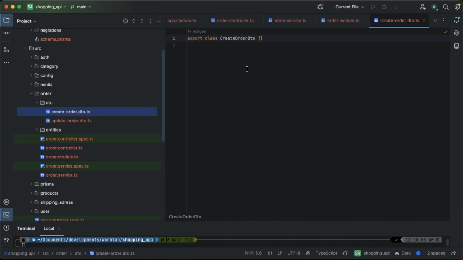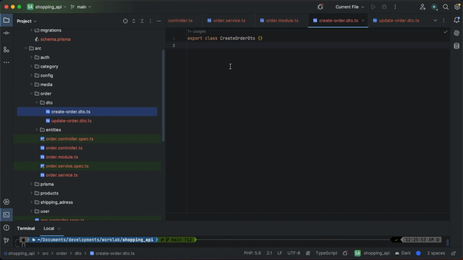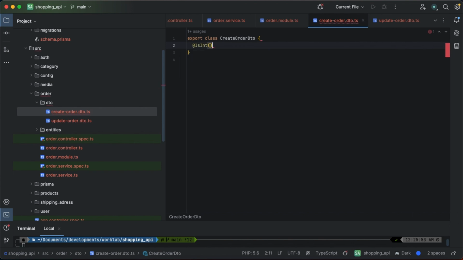In order, let's see, before interacting with the database, let's just deal with the DTOs. So we're going to have two DTOs mainly. I'm going to handle the DTOs, and then we're going to see how to interact with the database itself. So the first thing is the create order DTO. Here we're going to have the user ID itself. So we can say is int, and is optional,